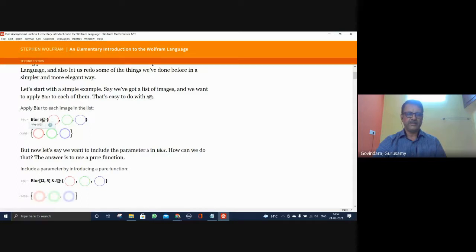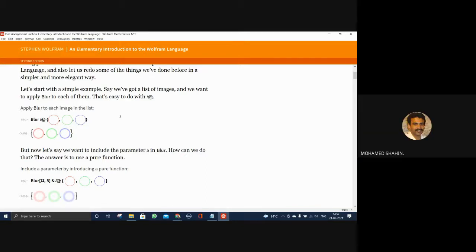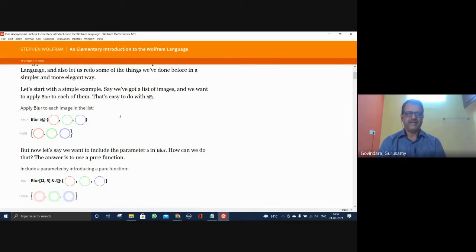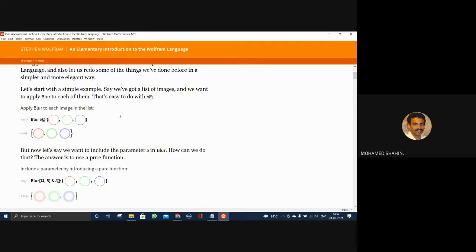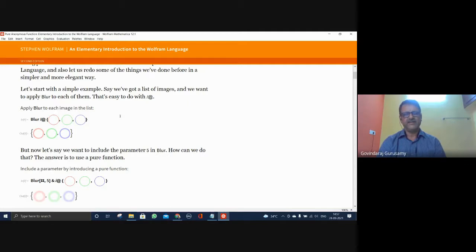Which means the list can even contain images. It need not be a number or a variable or a matrix. It can be images also. It can be different signals. It can be different sounds. Sir, how do we generate that image first? That's easy. Make a circle, graphics objects. Make three circles in the list. You have circles of different radius, graphics objects, and just put a color. Radius one, different colors.